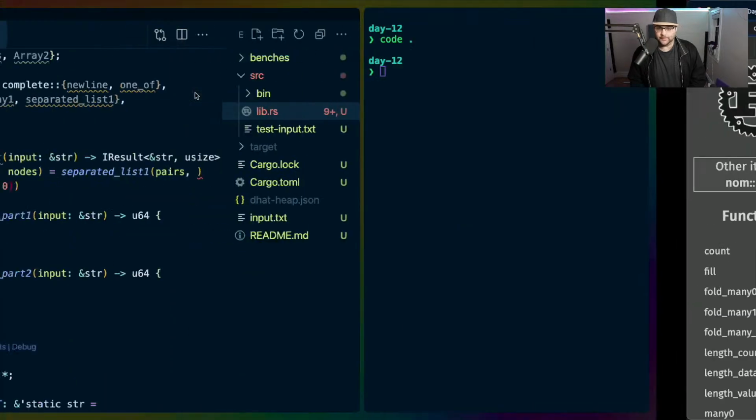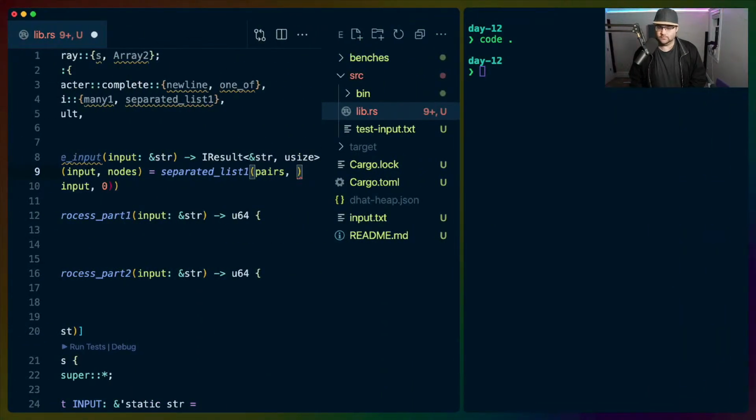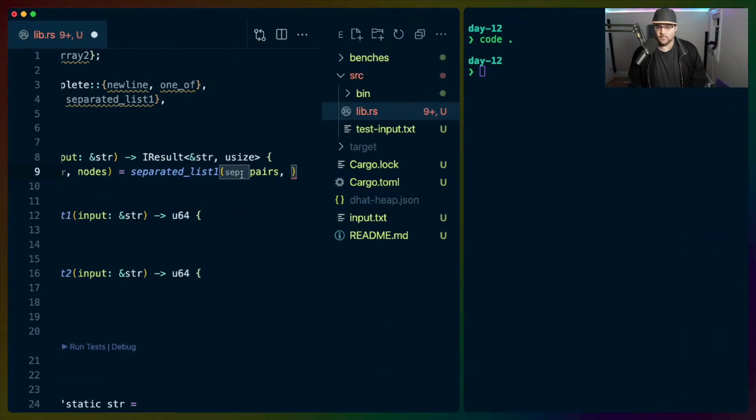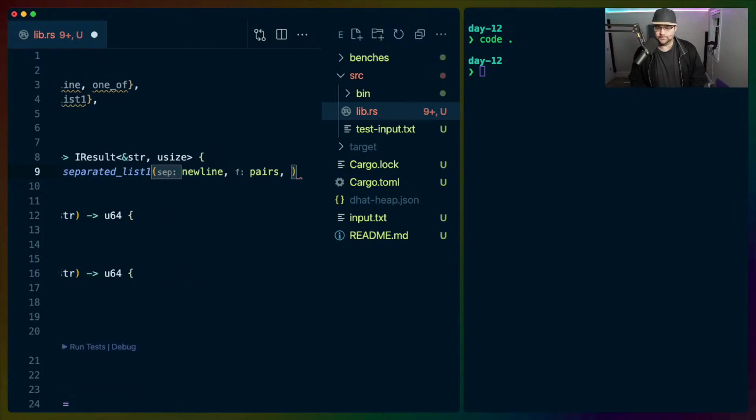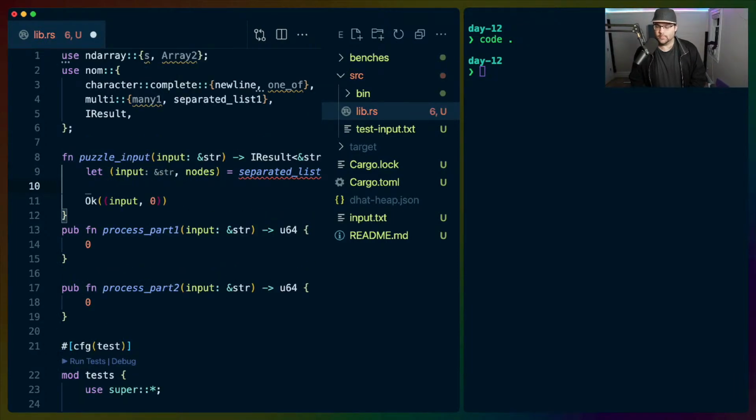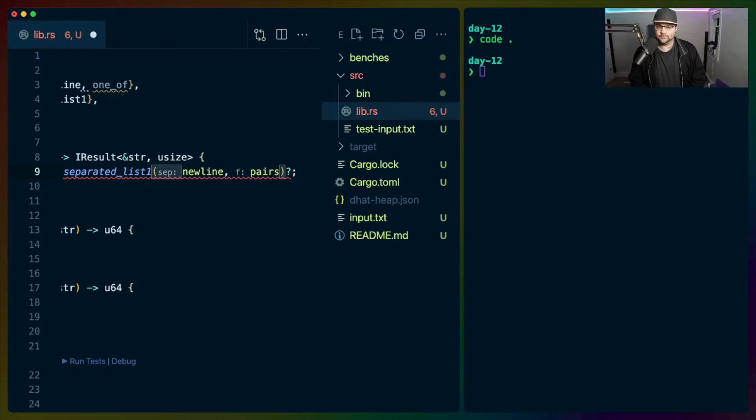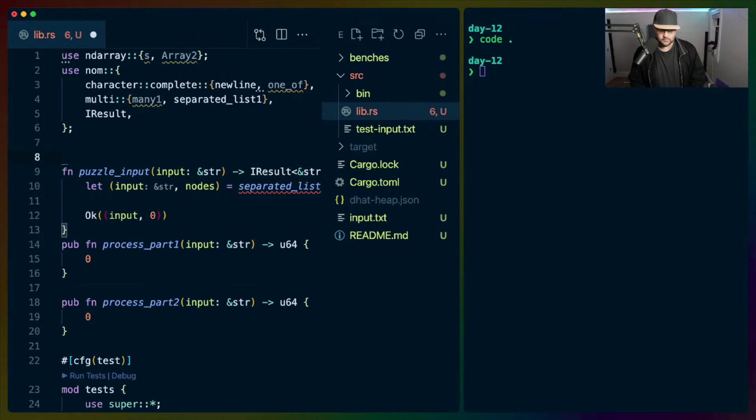Separator is the first argument. So we'll be separated by a new line here, and then we'll have pairs, and then pairs, input, string slice,